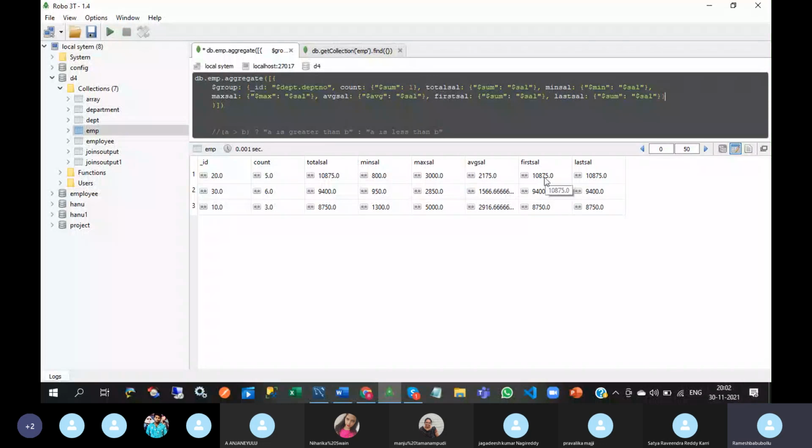First, not sum. First, you need to use first. Here, the last keyword. First, in department number 10, what will be the first salary, last salary?